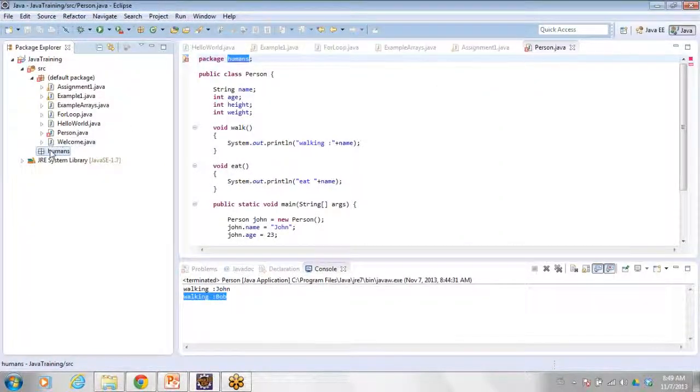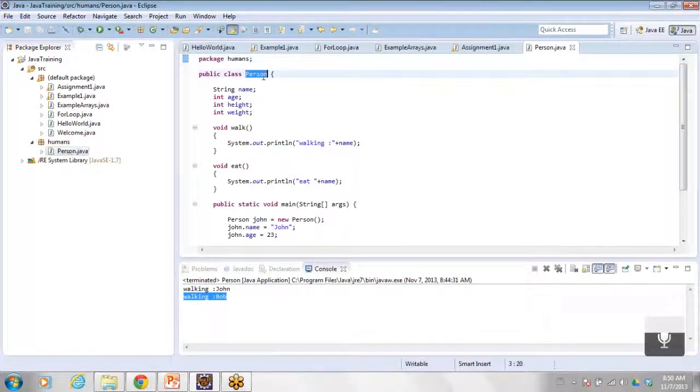So the package got created with the name humans. So I have to move this class to that package. When you define a package for a class, the class should be in the package.